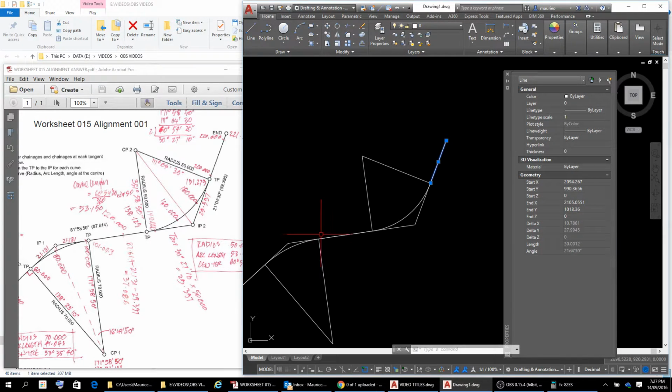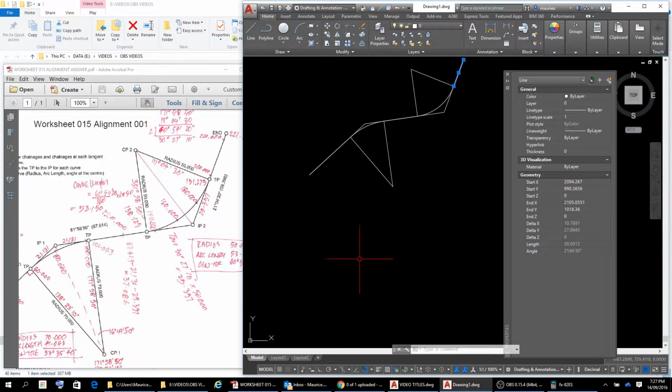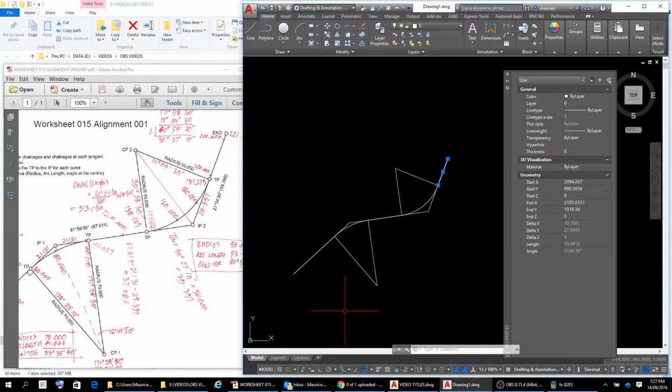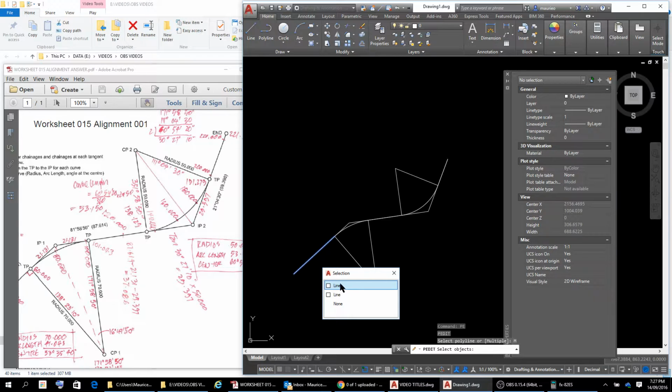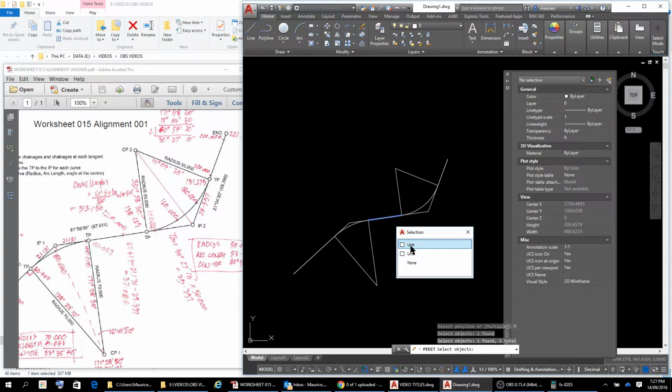Okay, so now what we want to do is to put in the little things, and the way that we can do that is a number of ways. We could draw a polyline, but I'm going to go with polyline edit, and I'm going to go with a multiple polyline, and I'm going to select some objects. So I'm going to select that one there, that line there. I'm going to select this chord here. I'm going to select this line here, this chord,